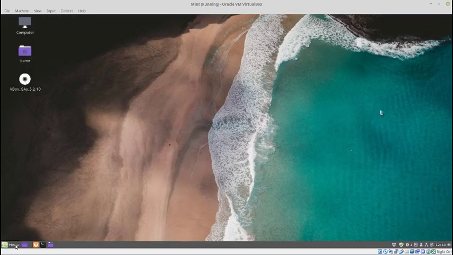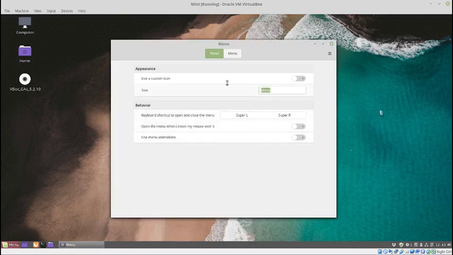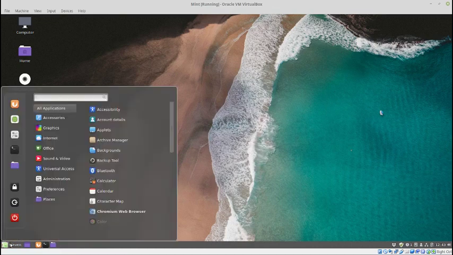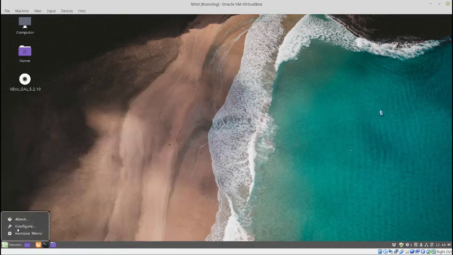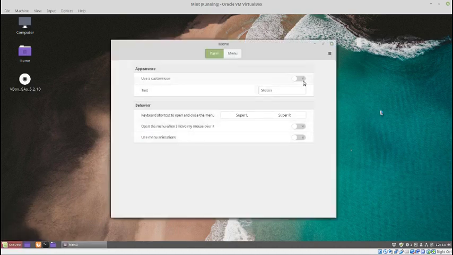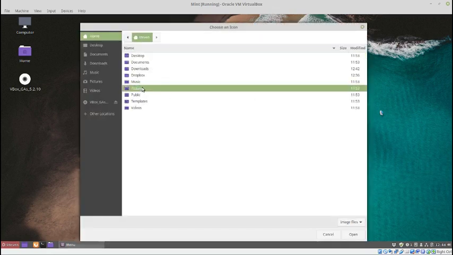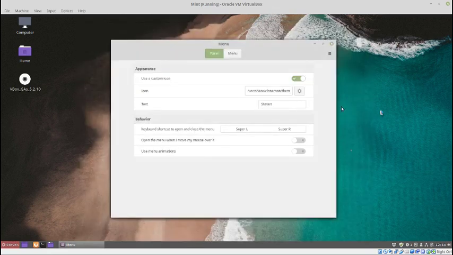Okay, so now I don't like the word menu. So if you right click on menu and go to configure, make sure you hit configure, not remove, you can change the name. I'm going to change this to Steve or Steven. I don't care. Call me whatever you like. And you can also change the graphic there. I go into configure and download an image somewhere, and you click use custom icon, you can actually go in here, and if I had downloaded something, you could put that in there and change your picture. Let's go ahead and do that. I'm going to leave that there, and I'm going to show you